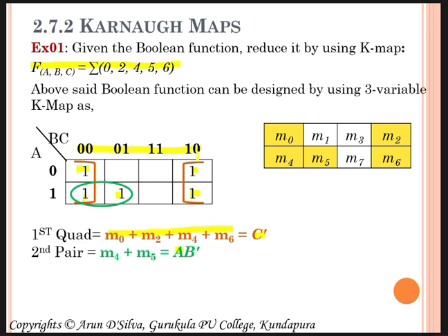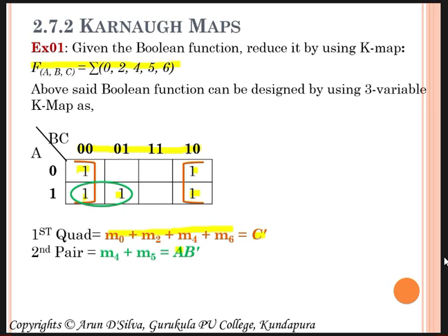That means the C variable changes the state. So we should not consider it. So this is AB dash. Another way, see here, the minterm for that is AB dash C dash. The M5 is AB dash C. Now here AB doesn't change state, C will change the state. So C is eliminated and you retrieve just AB dash. Both ways are correct. Whichever method is easy for you, you choose.